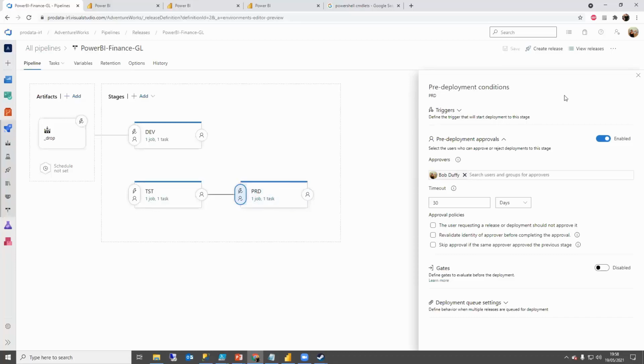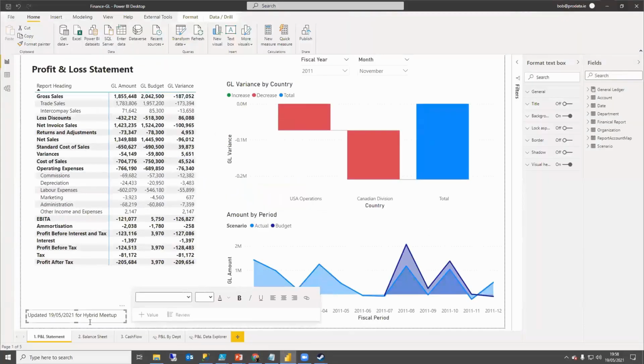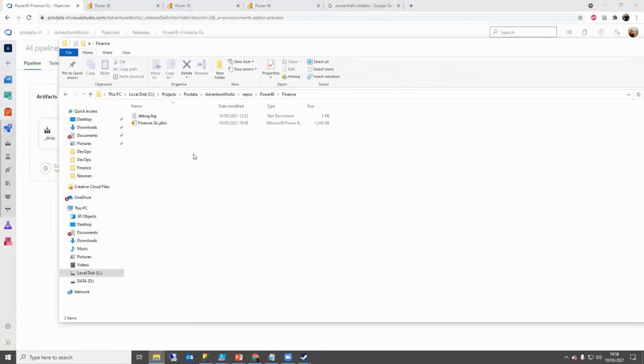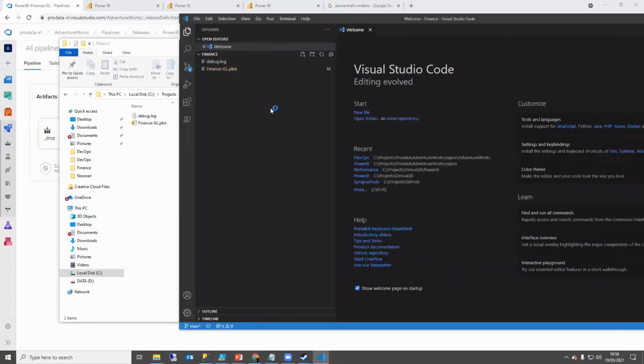Now, it's a fictitious environment, but let's actually walk that through. So I'm in my PBIX, I've typed in my new string, I've clicked save. I now want to put that into source control. I'm too lazy to type in Git commands, so I often use Visual Studio Code just for its integration into Git, because what I can do is click on this button,